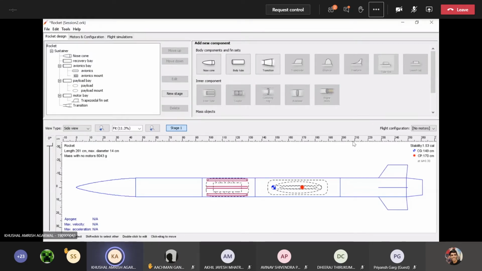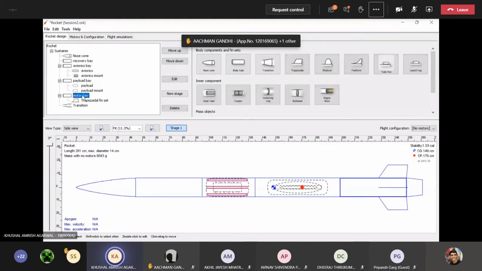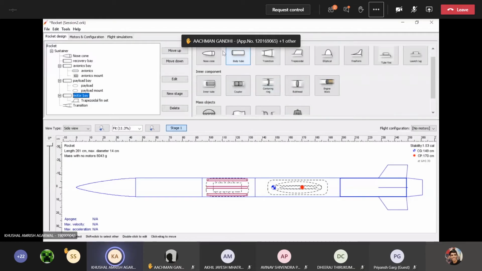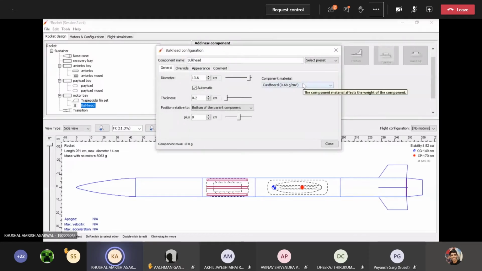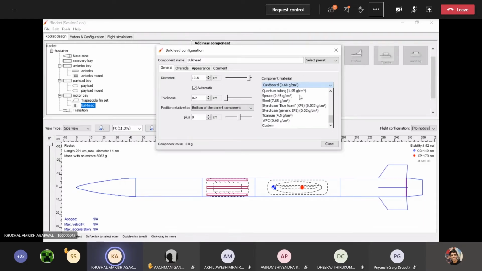These two are directly above the motor, so they will be located in the motor bay. To do this, click on the motor bay, then it will activate all these options. Since we don't have an explicit option for a damper, we use the bulkhead option, because this software mainly only uses the weight of the component. So we have a WPC bulkhead.